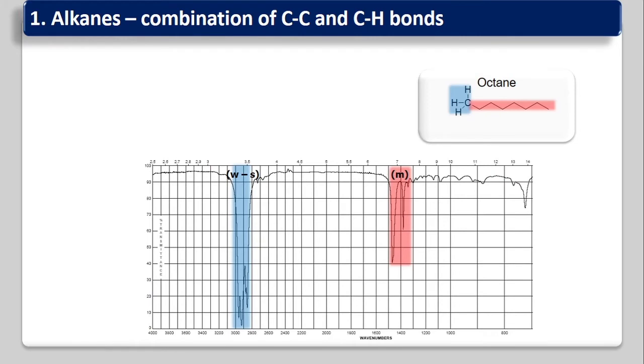Now first we start with the alkanes, how to interpret the spectral data of the IR spectrum. For example, this is octane. All the alkanes contain carbon-carbon single bonds and carbon-hydrogen single bonds. So look at this spectrum. The peaks near about 1300 to 1400 are in the fingerprint region, and then 2800 to 3000 is for the CH. Those may be strong peaks or maybe weak peaks also, and these are the medium peaks.